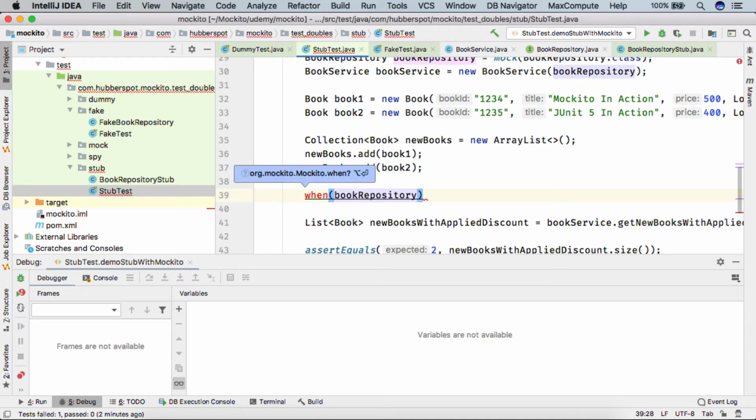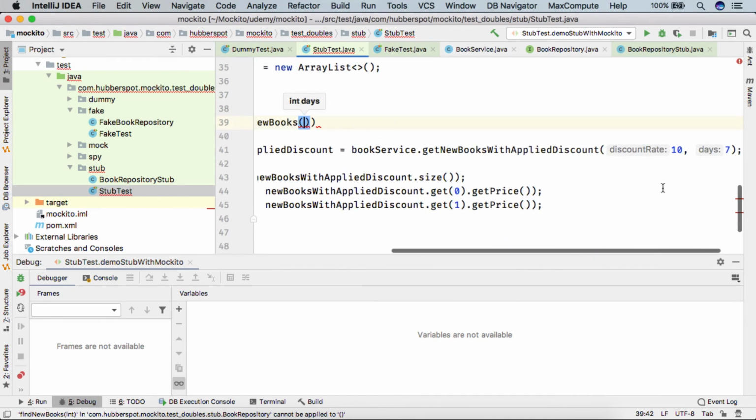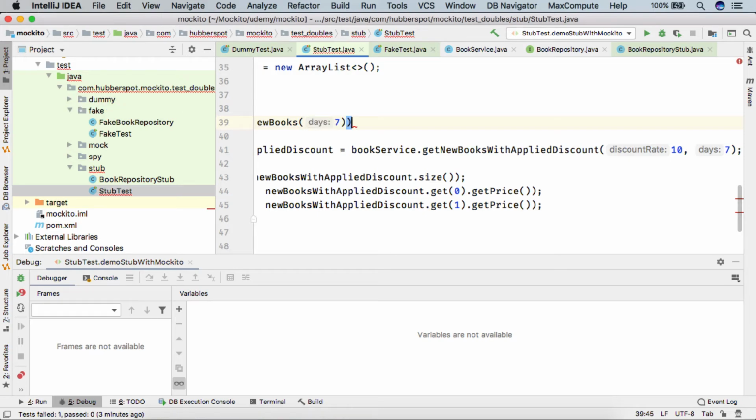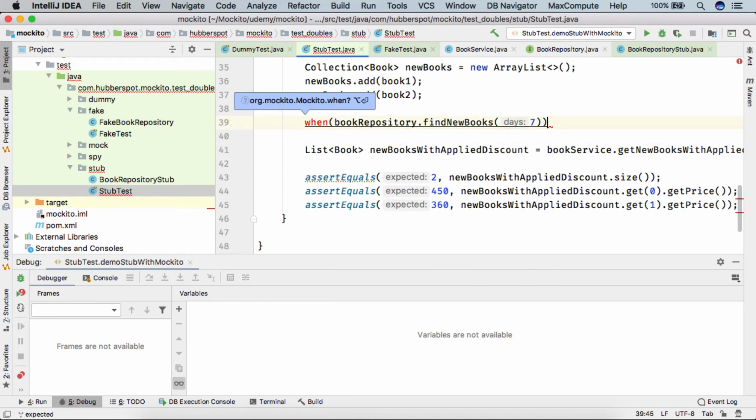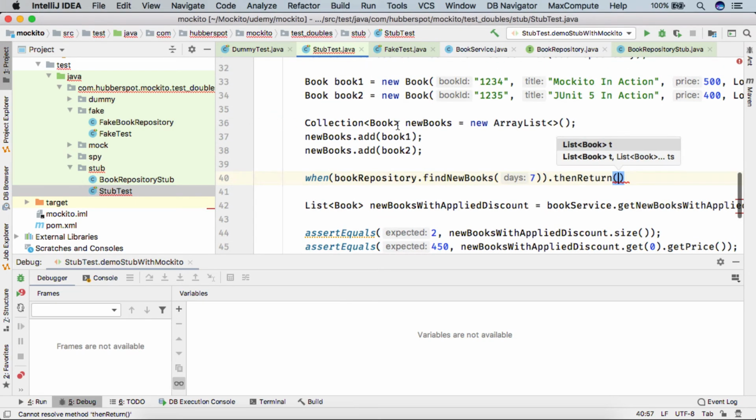We'll say book repository when find new books method is called with a value of days as 7. We'll do 7. We'll import when. Then we'll call thenReturn with the list of books, which is nothing but our new books.